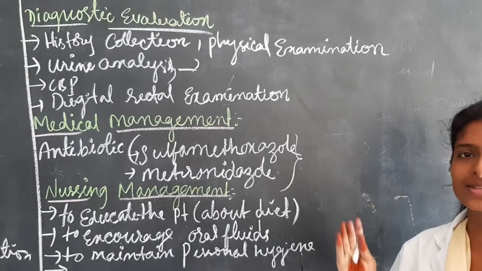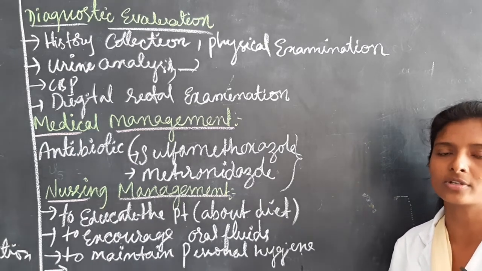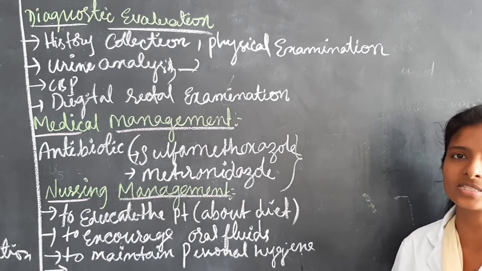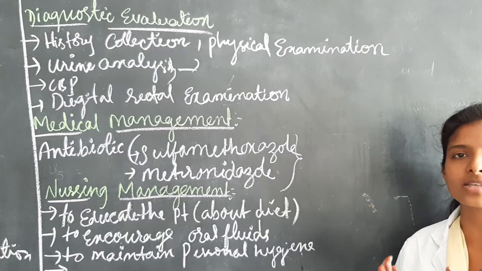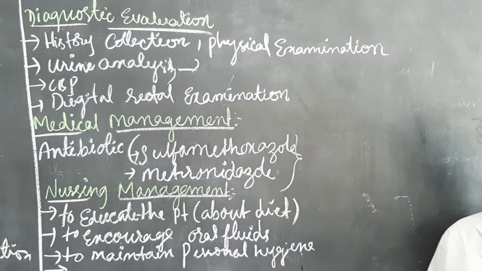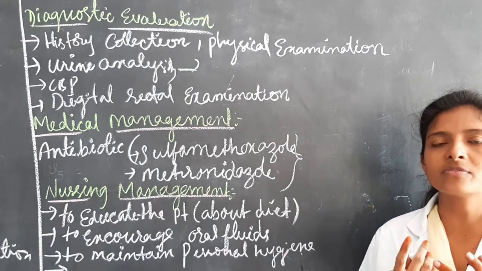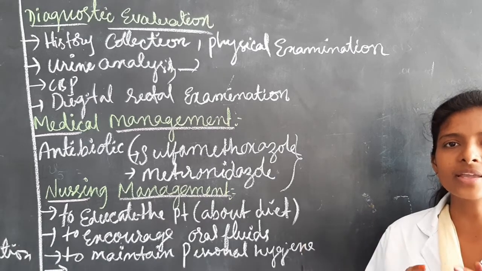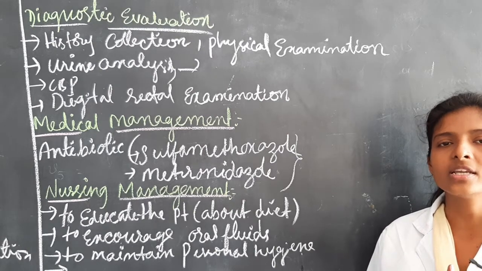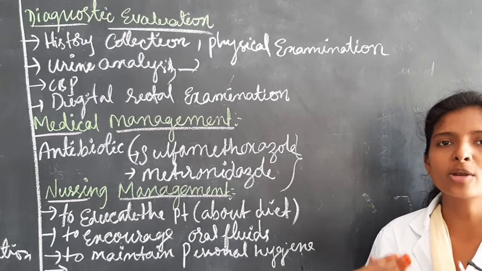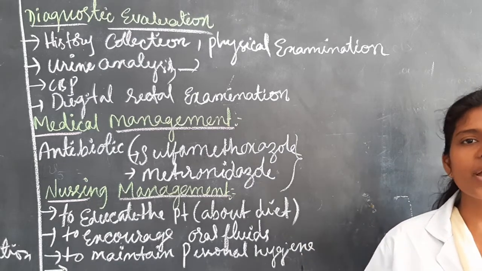Next, physical examination. In physical examination they examine from head to foot. There are a few steps in this assessing process: inspection, palpation, percussion, auscultation. By inspection, observing with our eyes, he can identify the problems of the patient. By palpation, they can identify whether any abnormalities are present, whether any mass is present or not.